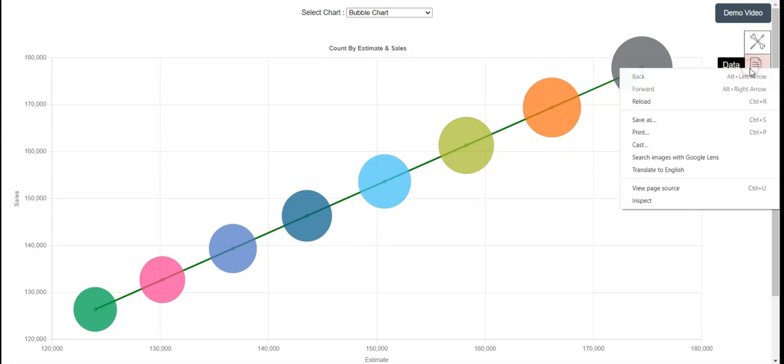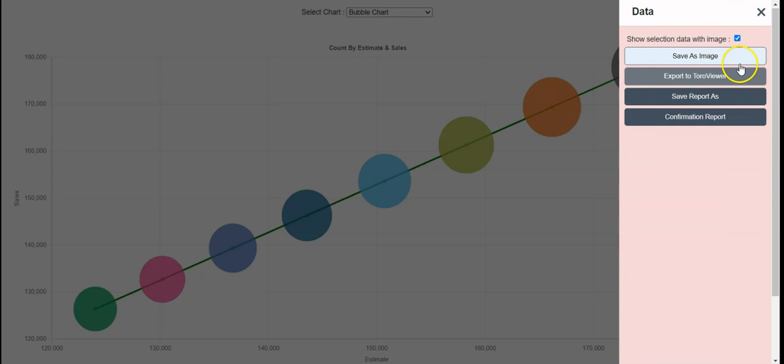We also have the data panel, and in the data panel, we can save it as an image. If we want, we can export it to TotoViewer, except that is disabled. That's an interactive file format